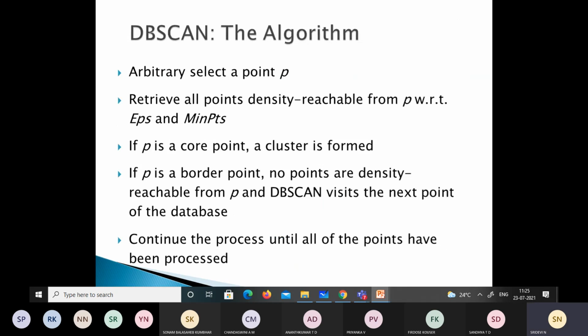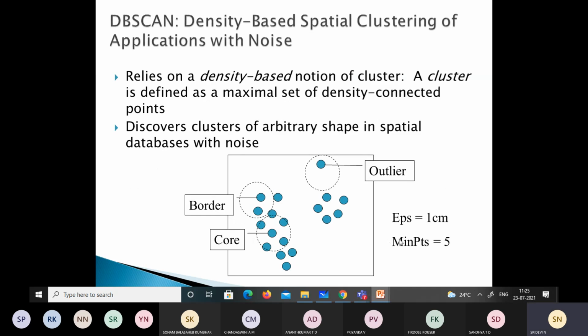So when it comes to DBSCAN, this is the classification of points according to center-based density. We have core points, border points and noise points.